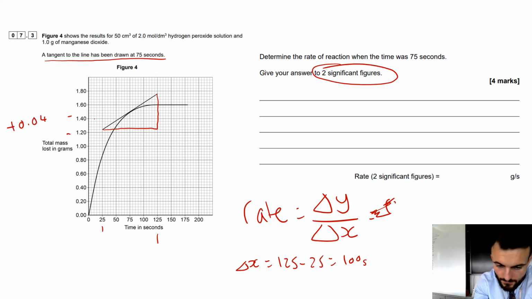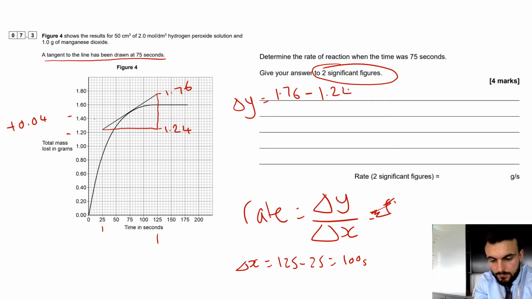So we spot what the bits are on the triangle. This one here is 1.76, because it's 1 square down from 1.8, and then this bottom one is 1 square up from 1.2, so that is 1.24. So then if we want to work out the change in y, we're going to do 1.76 take away 1.24, and we get 0.52,